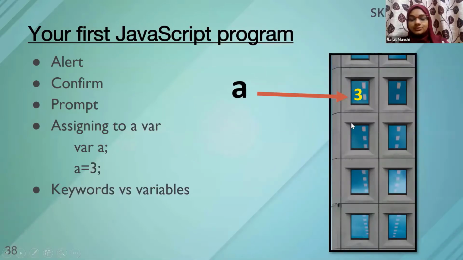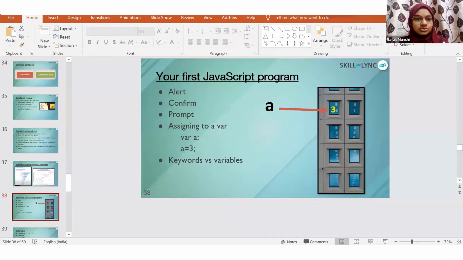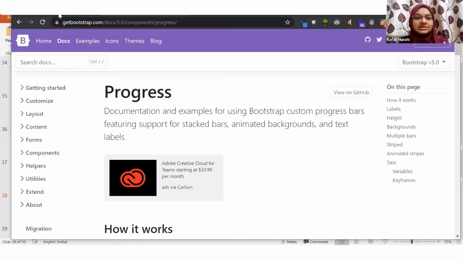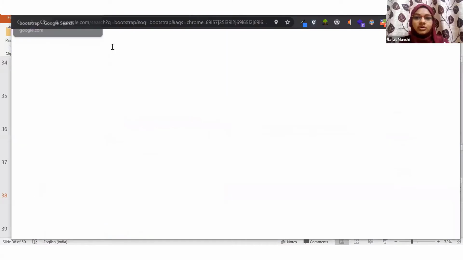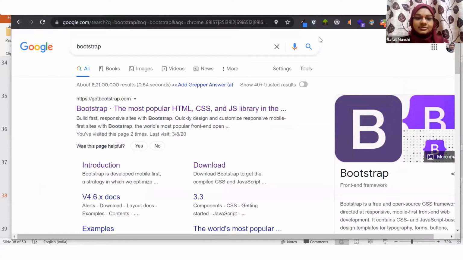Today, I'm just going to introduce the JavaScript programming language, show you certain things which you can do using JavaScript. So the first thing which I want you to do is open any page on Google Chrome or even a normal tab. That's also fine.